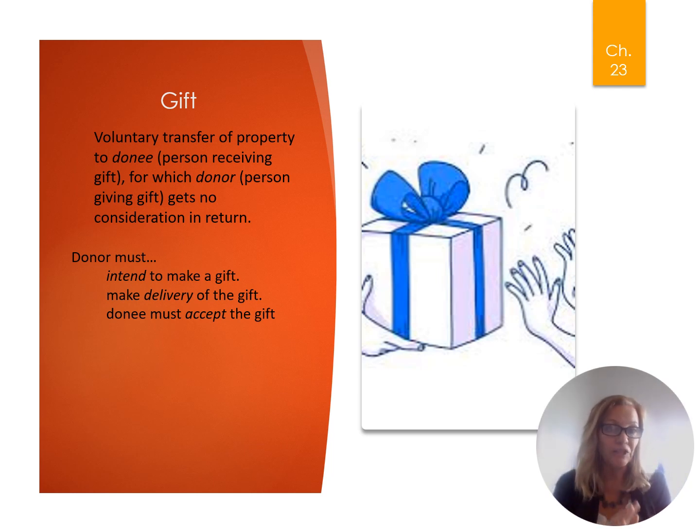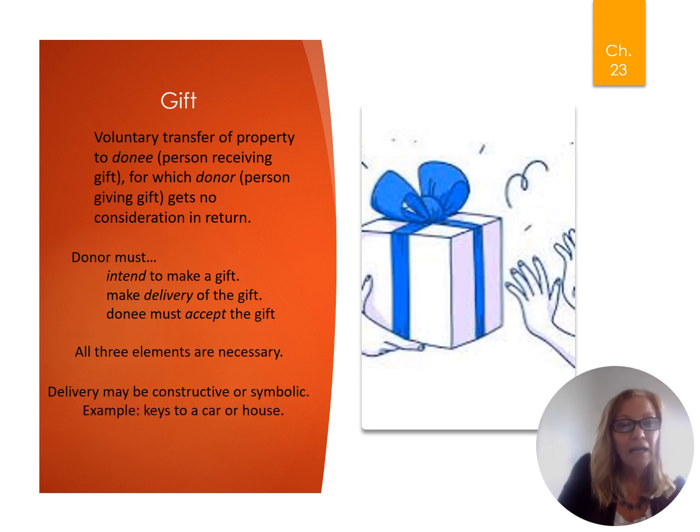So the ownership interest transfers if you meet those elements. You can also have the delivery be constructive, meaning you can give someone a key to a car or a house, and if you can prove the intent and the acceptance,